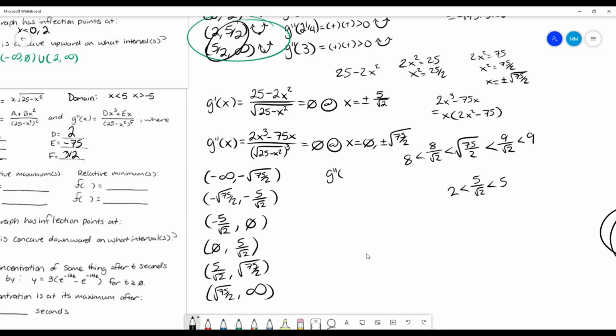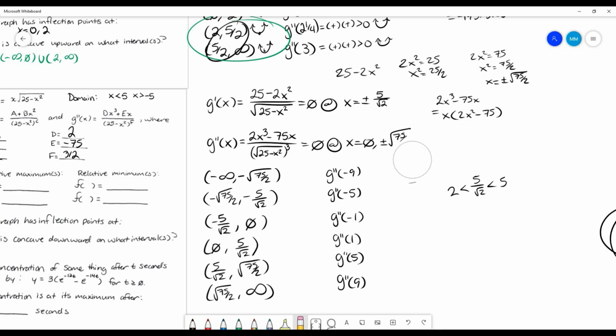So now, use our second derivative test, use a -9 here, use a -5 here, -1, +1, +5, +9. Okay. Let's go ahead and, oopsie daisy, not what I meant to do. And it won't let me undo it. My favorite. Okay, so if I plug in a -9